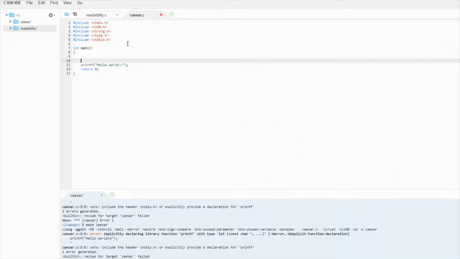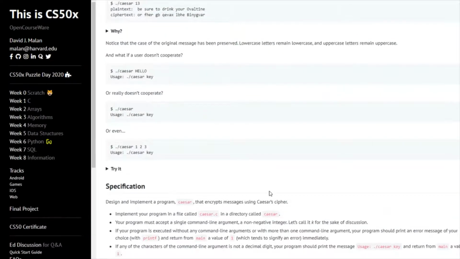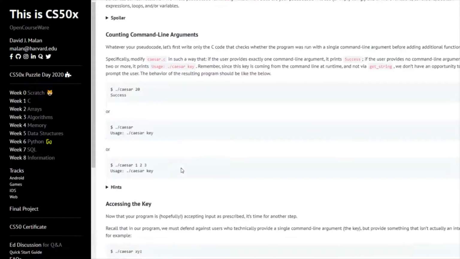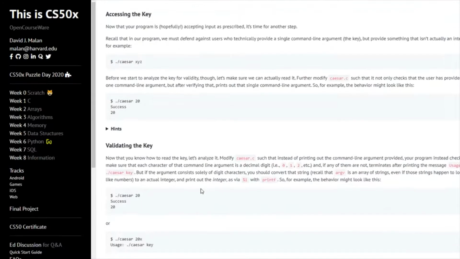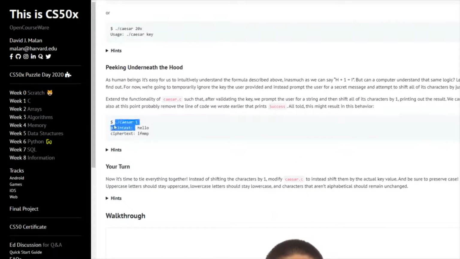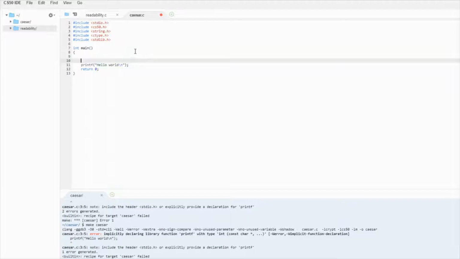So reading over this problem, I won't go into it here, but basically we want to allow them to pass in something through a command line argument. We want to parse that and make sure it's good. We want to make sure that they're only passing in a number. And then after we validate it, we will have them pass in a plain text string, and by however many numbers they insert, we're going to increment that plain text string to make a ciphertext string. So first things first, let me delete this hello world because I hope it's still working.